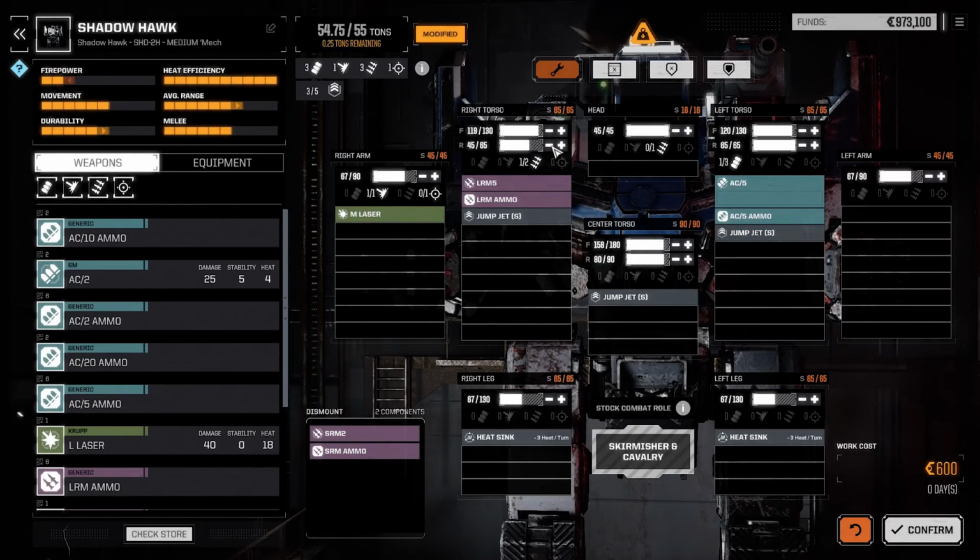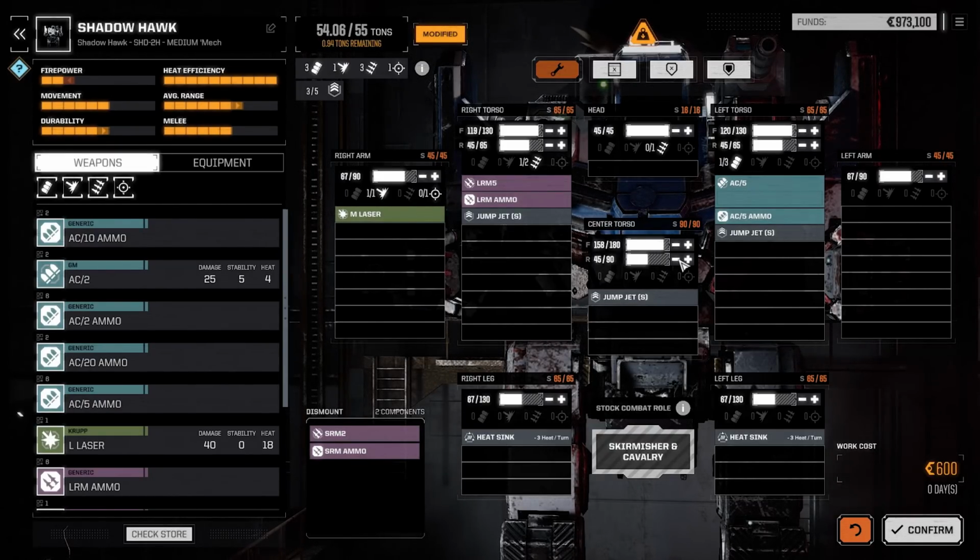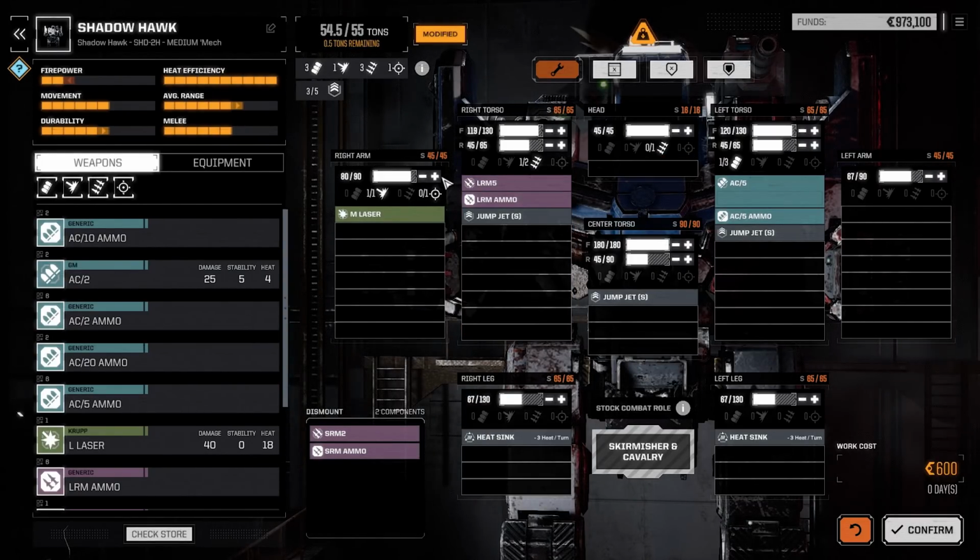I'm going to take some off the back, because I really only need to be able to take 1 or 2 salvos to the back. If you're in a situation where you've allowed your mech to be getting shot from behind for multiple turns, then you probably just made a mistake. So, don't do that, I guess is what I would say. Okay, and then we're going to beef up pretty much everything else